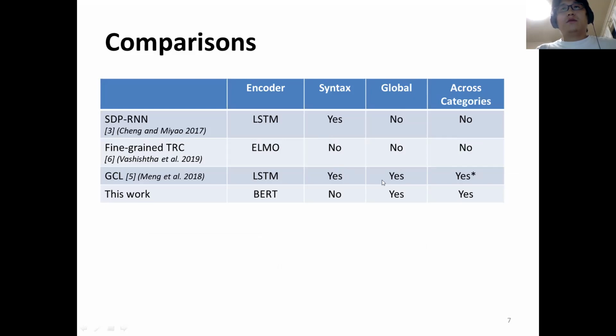They infer the global inference. They somehow cross the categories because they use a single classifier for all T-links, but use the category as a feature. So this work can be distinguished from the existing work in that we use a stronger BERT encoder,